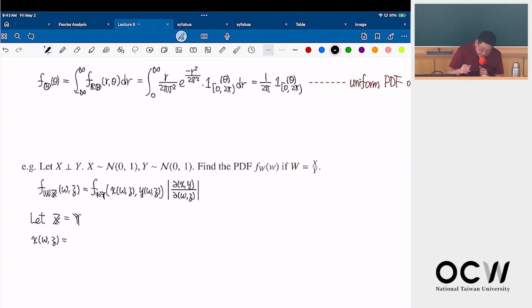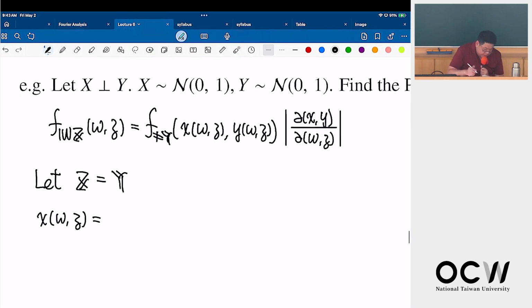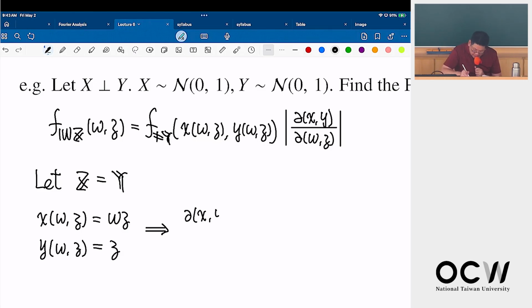Okay, because Y equals Z, this becomes WZ. And Y as a function of W and Z will be just Z. Then the Jacobian, partial (X,Y) over partial (W,Z)